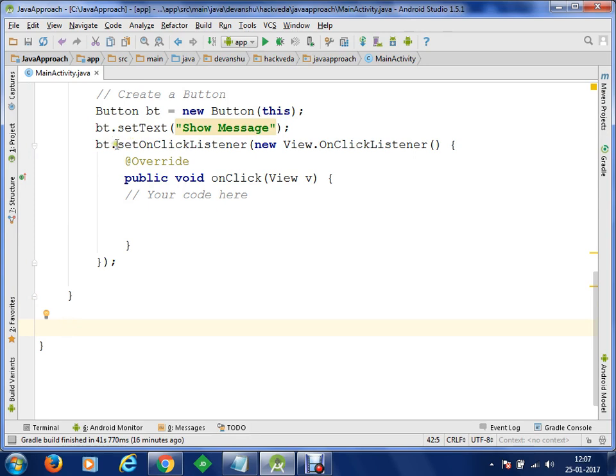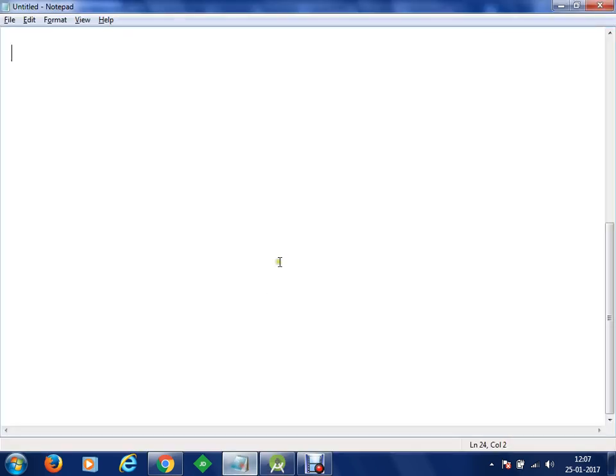Let's say I'm saying you are going to set an on-click listener here on your button control. Whenever we execute something like this, we follow this client and server architecture. You have a client and you have a server. Now your client is your user, and the user will interact with your button control. Once you interact with the button control, there should be a listener for that click. That means a server will be listening for a client request.